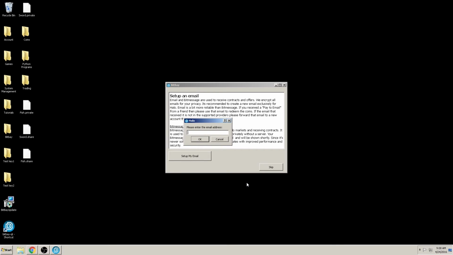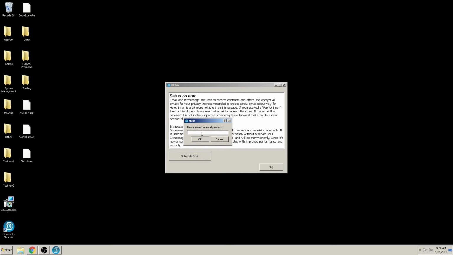If you are having trouble finding the setting, please refer to our website forum at bitbay.market. Look in the help desk section and then open the guides topic to get more information. I'll also make a brief tutorial video as well. So we will enter a test email address I've already set up, and next window